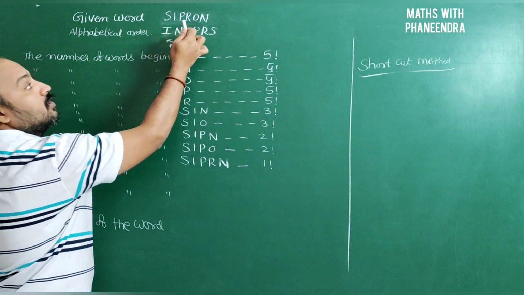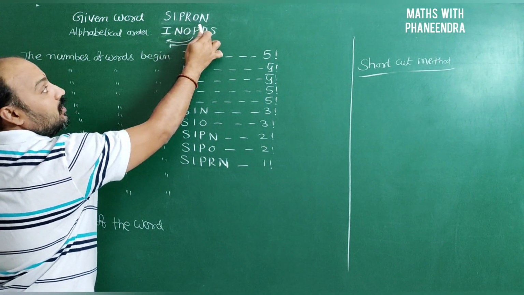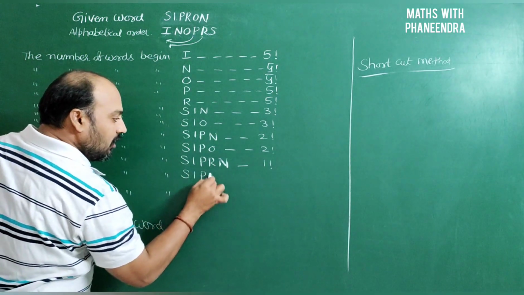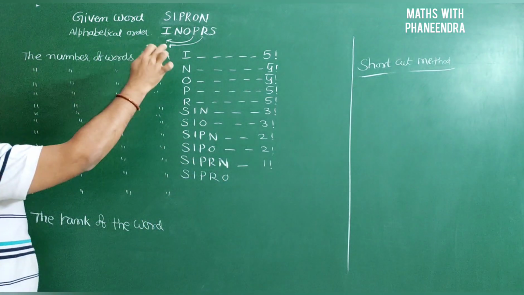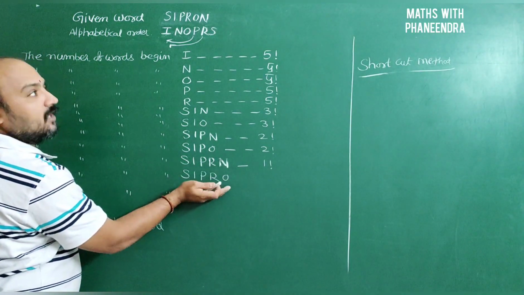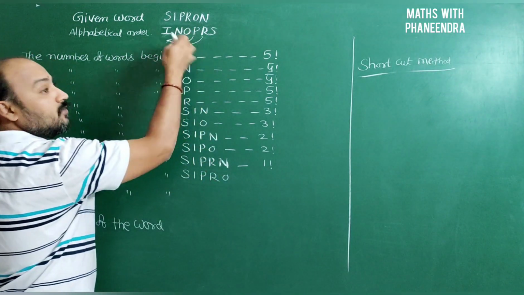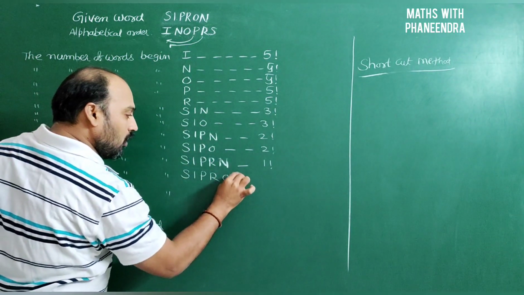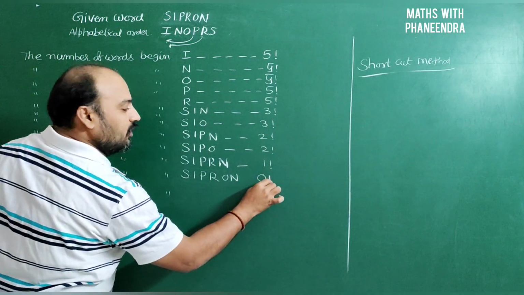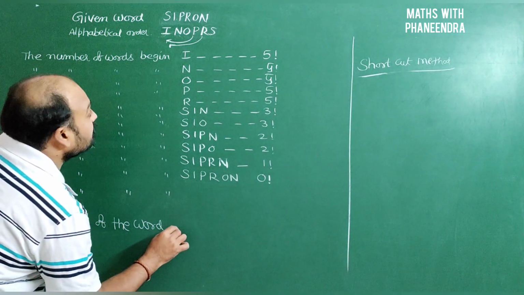SIPRO. SIPRO is also there. SIPRO is already there. Cipro. The next word, whenever it is there, we can fix it here. So the next, only N is remaining, no? So the number of words which begin with Cipron, there is no letter remaining, so 0 factorial ways we can arrange. So the rank of the word Cipron